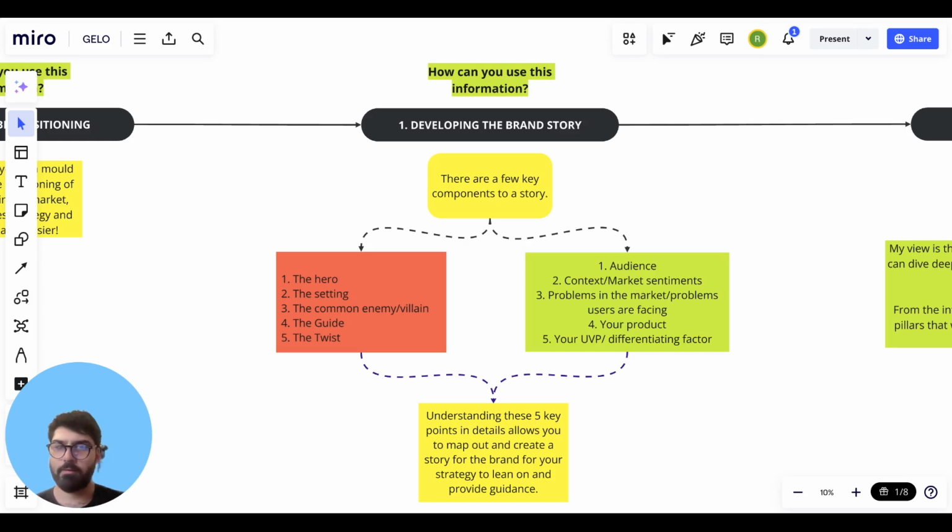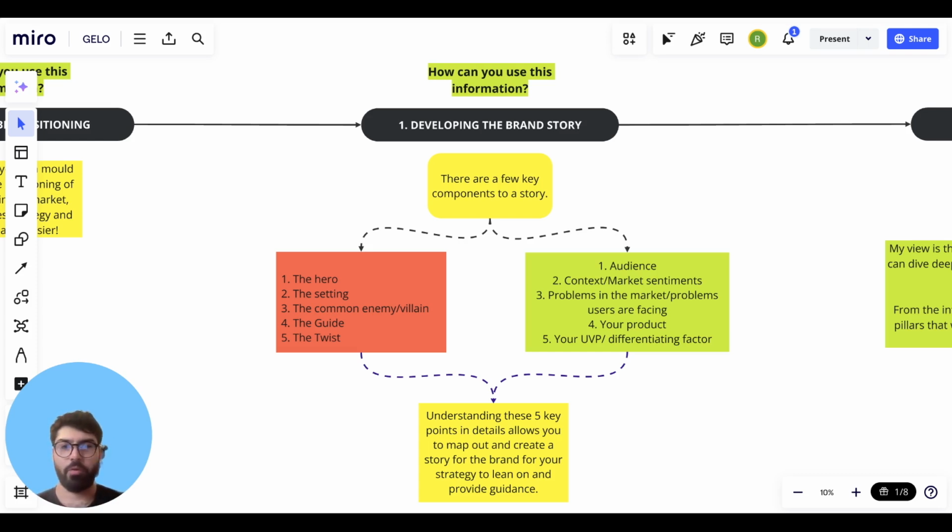Everyone out there in the world is the hero of their own story, and your job as a brand is to connect with them. And the easiest way to do that is to make them the hero of your story as well. You need to make them feel that you're doing them a favor, in a sense. You shouldn't have to be calling for them to come to you and listen to your story. You should be telling them that we are a big part of your journey and we should be a part of your story. It makes it about them.